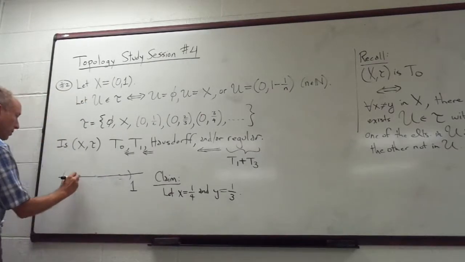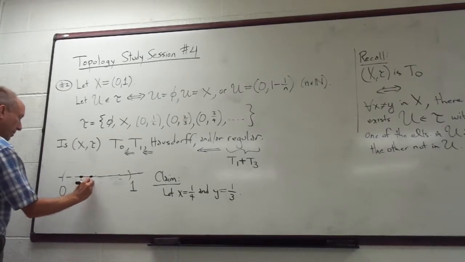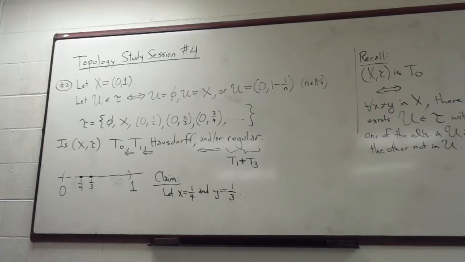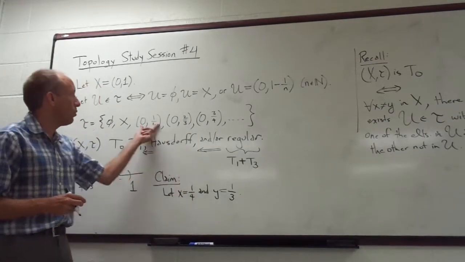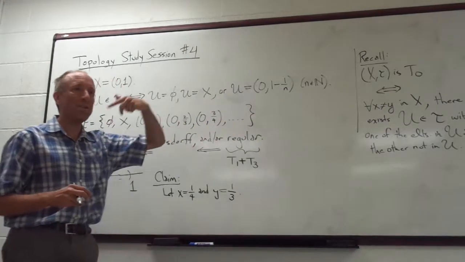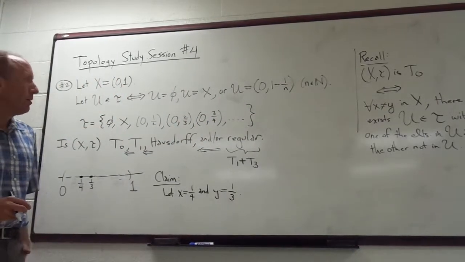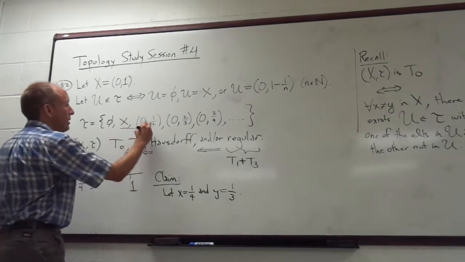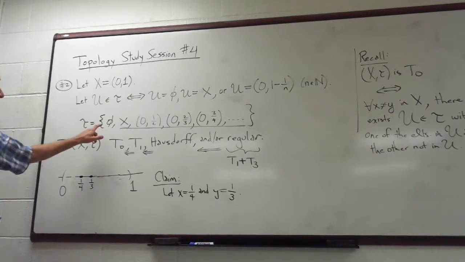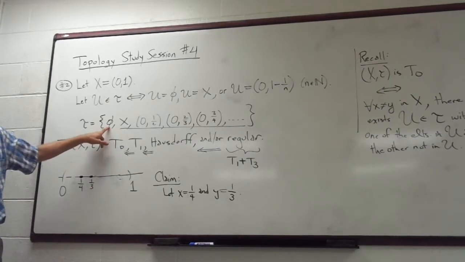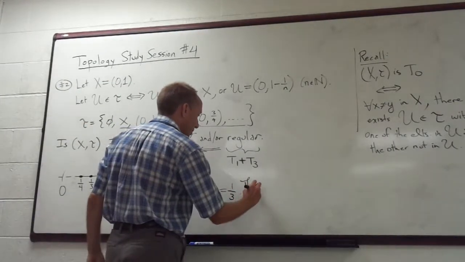So 1/4 is about right there, 1/3 is maybe there. So the question is, do we have one of these intervals that contains one of those points but not the other? No. The answer is that every single one of these sets that I'm underlining has both of those points in it, and the other set that I didn't underline has neither of those points. So there does not exist